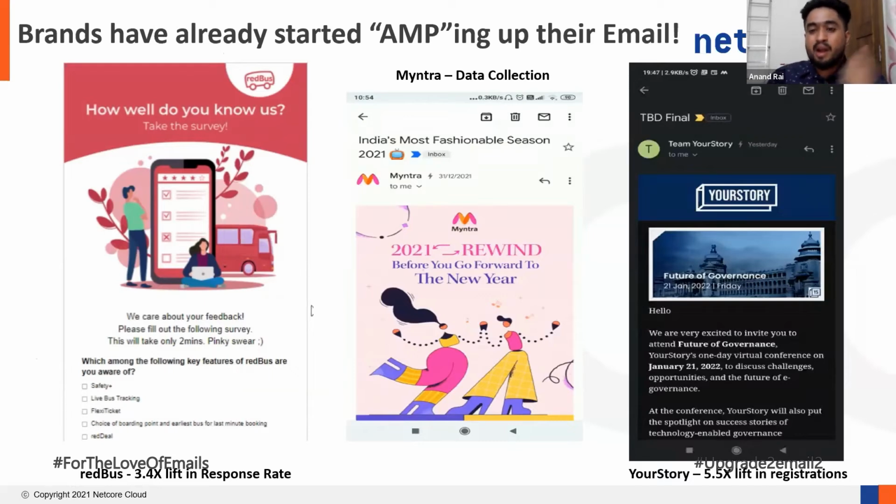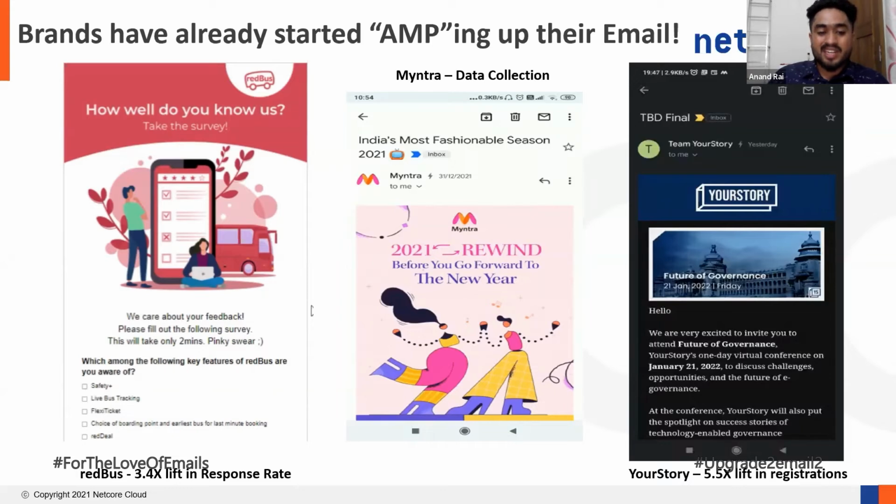There are multiple verticals and functionalities associated with Redbus. We have Safety Plus, the live bus tracking feature, Primo, and Reddy. These are multiple features and functionalities that are made available, and they wanted to understand the users' brand awareness of all these feature sets. In a regular campaign process, they used to send a normal campaign redirecting the user to a third-party platform where the actual survey is hosted. Now they have amped up their